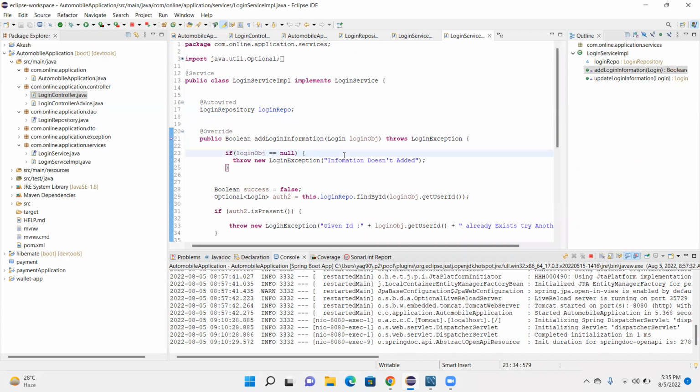Okay, what were you explaining? I think you were explaining the login module. Yes, sir. I need to have some more information. "Information is not added" does not make any sense to the user. You need to correct your sentences also. Yes, sir.